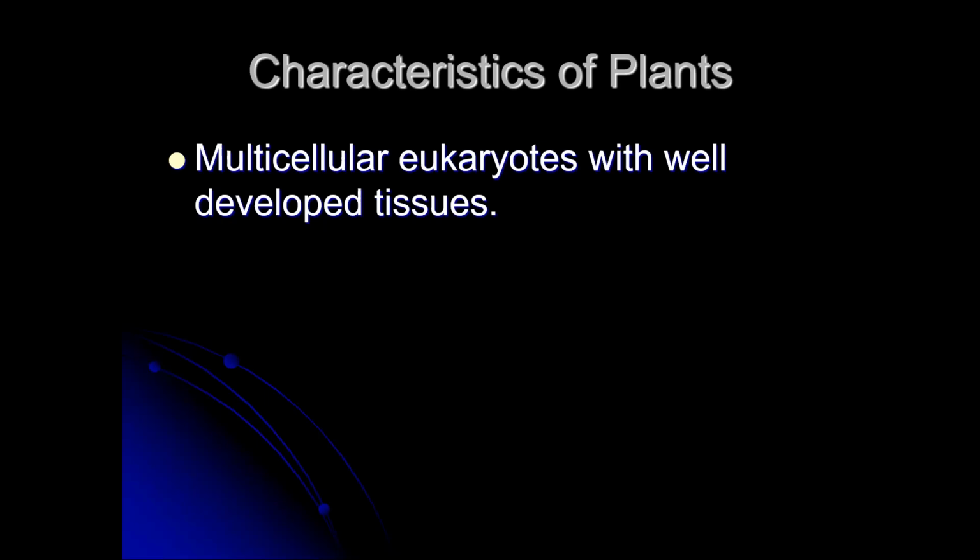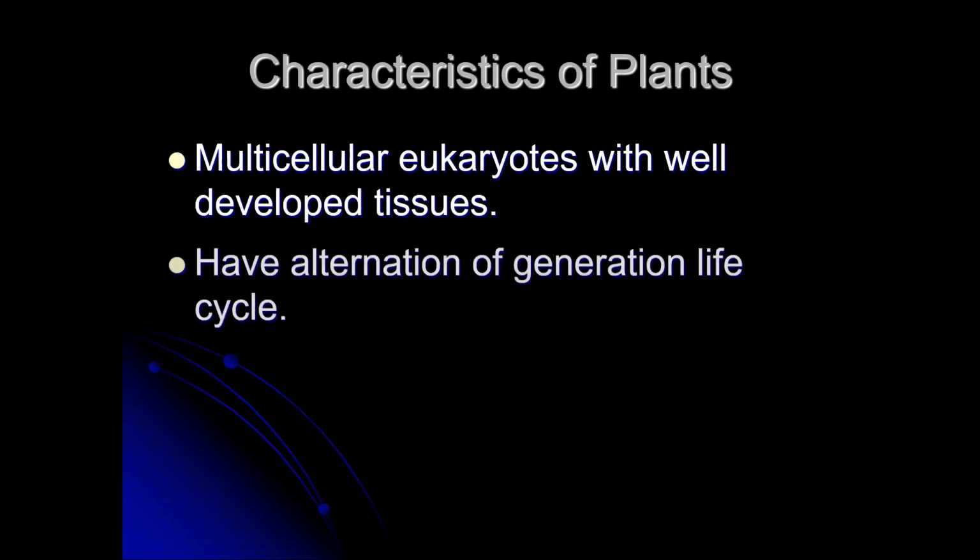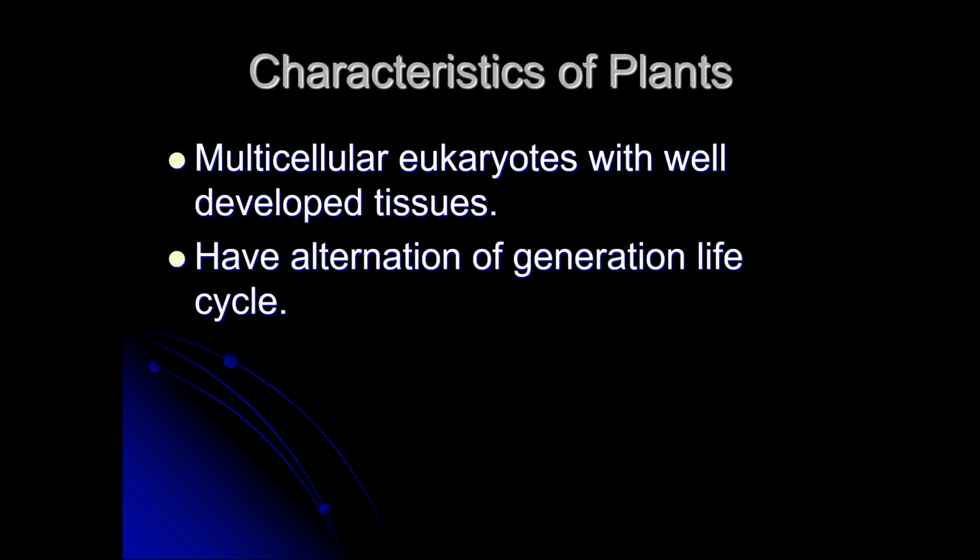Everything that was single-celled, that was similar to plants or animals, was taken out and put in kingdom Protista because they all did something not plant-like or not animal-like. And part of that has to do with the definition of plants, as you'll see here. They have an alternation of generation life cycle. I talked about that with green algae because the green algae also exhibited that characteristic. I said then that I would talk about it later, and so this presentation will be the later.